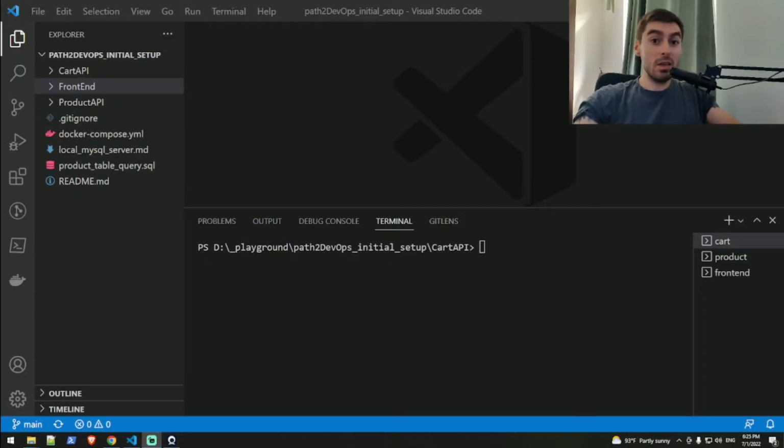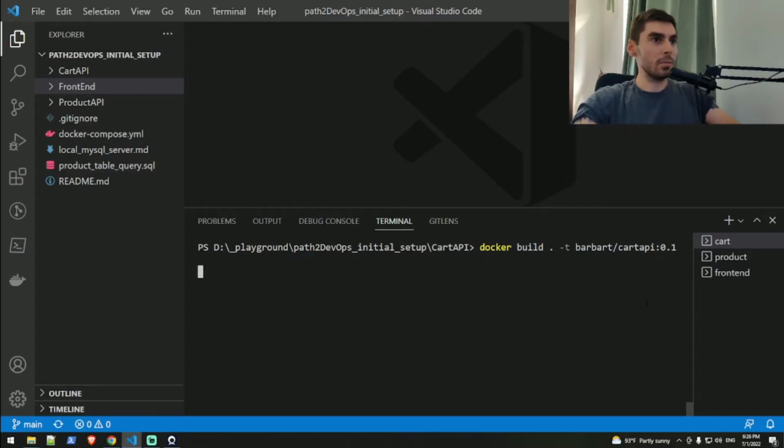For the sake of simplicity, I have already opened three terminals here on my bottom right side. And you can see that each terminal has the name of the folder it's actually inside of. Let's build those images. Let's start with cart API, and the first command will be docker build dot for the local folder. And then -t for tag, and I'm going to say barbart/cart-api:0.1, and I'll just copy it so that I don't have to type it again,